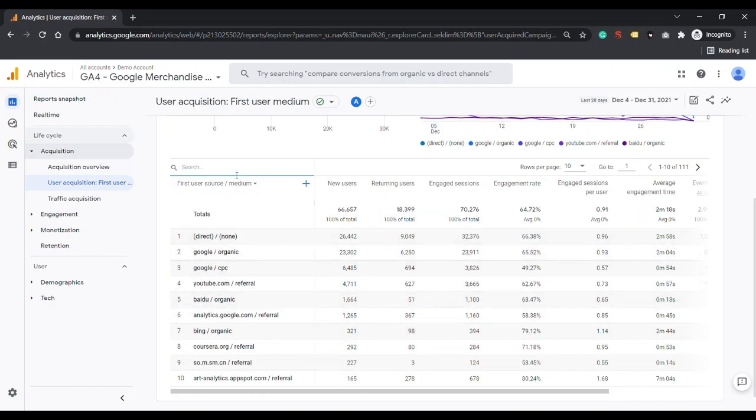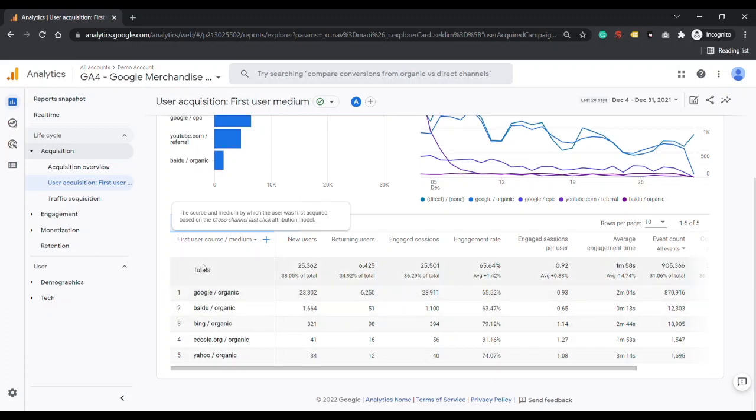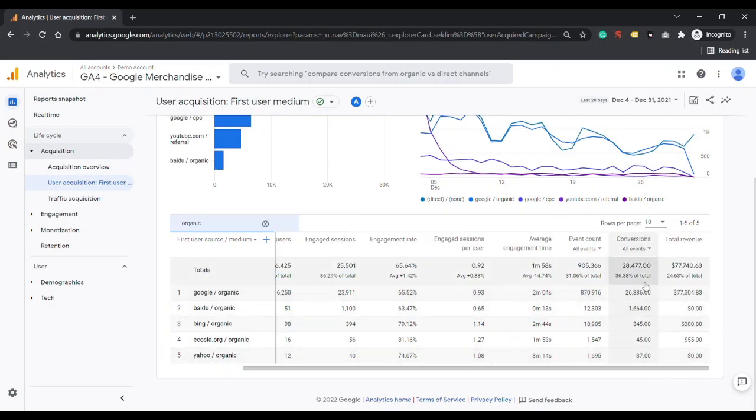Now if we search here with organic, it will filter out only the organic traffic. Now we can see only the organic visitors, how many new visitors we are getting through organic search, how many are returning from that traffic, and this is the engaged sessions, engagement rate, average engagement time, and these are all event counts and conversions.